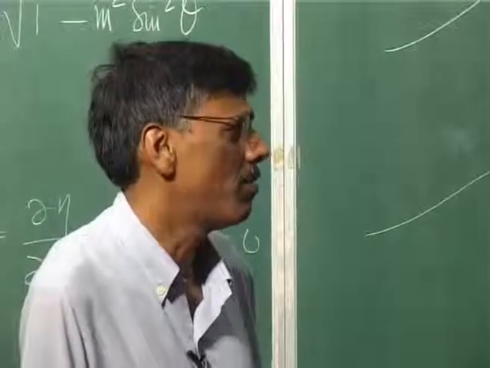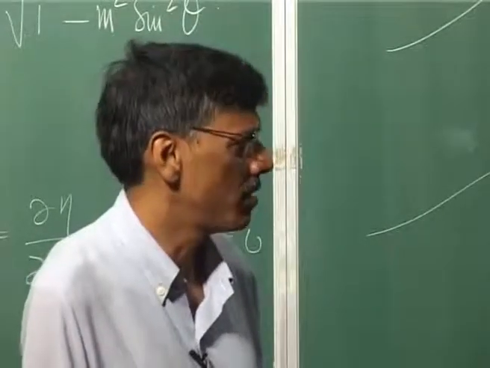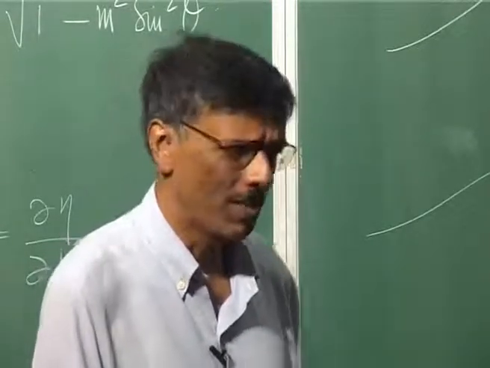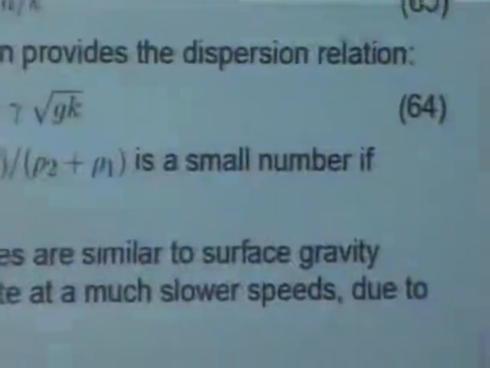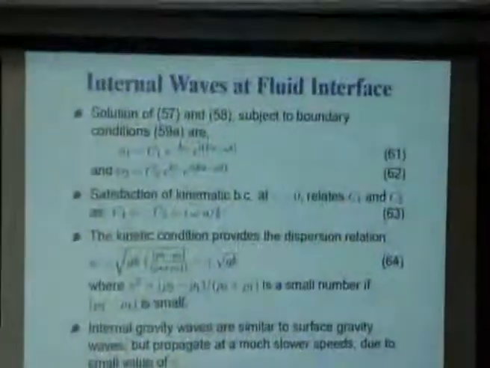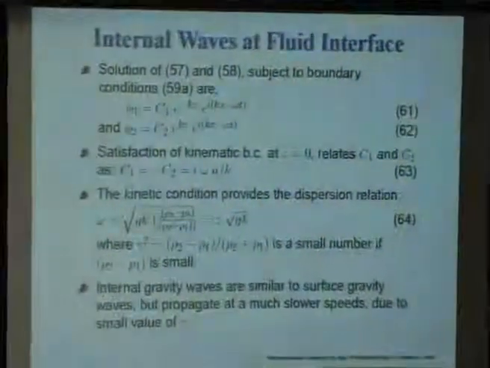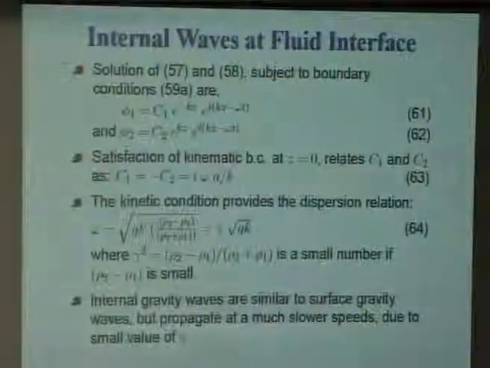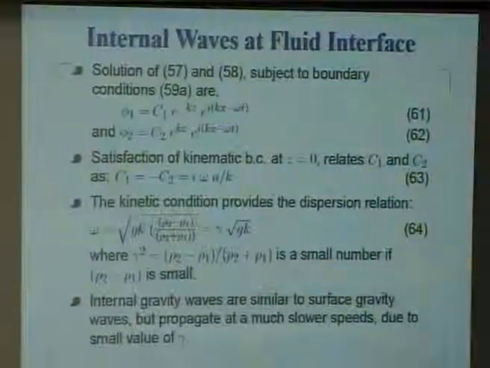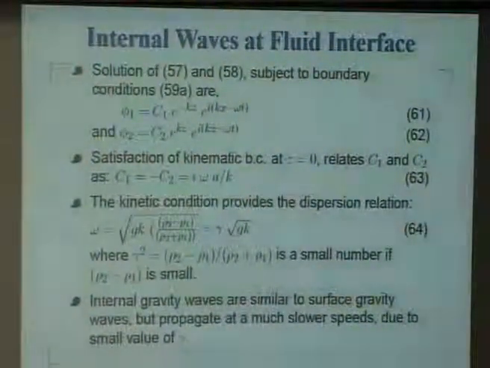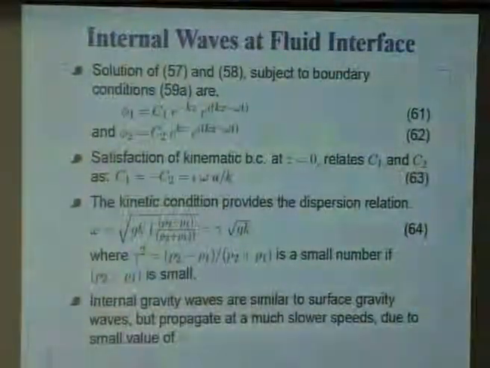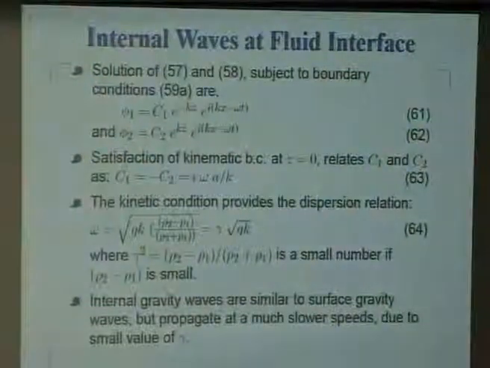So, what we had seen before for a single medium surface gravity wave, only one of the layers was missing. So, of course, this gave us this condition, square root of g k, that we have obtained for deep water wave. But here what is happening additionally, because of this density stratification, you are seeing this factor gamma, where gamma square is this,